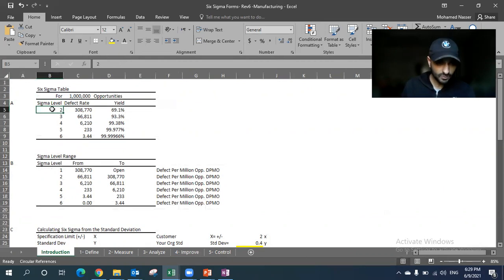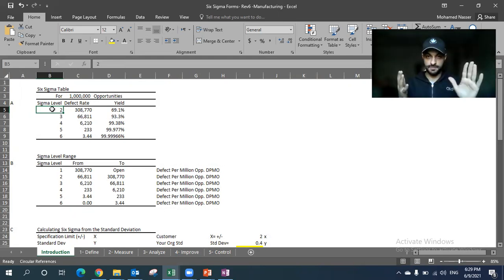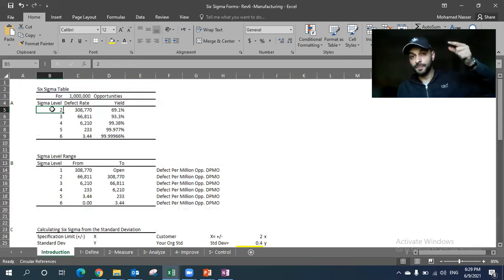Okay, we start with Six Sigma. We start with 1 Sigma, and 1 Sigma means that in each million items, assume you have 1 million items as production in your factory, okay? For each 1 million items, you have 770 items defected. If you have this number or above, it means that you are working at the 1 Sigma level. Okay? Fine, you start making some improvement, some enhancement until you reach less than 770 items defected. That means you are working at the 2 Sigma level, which means